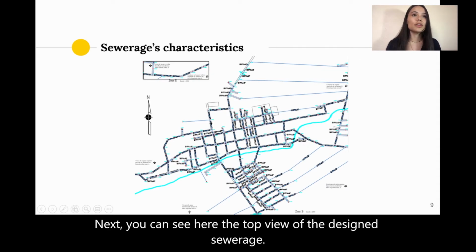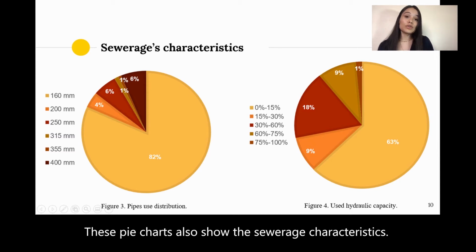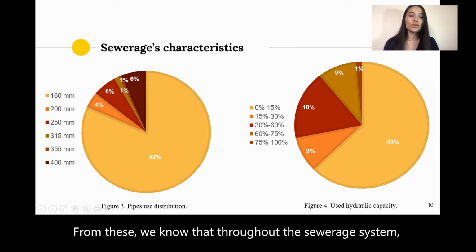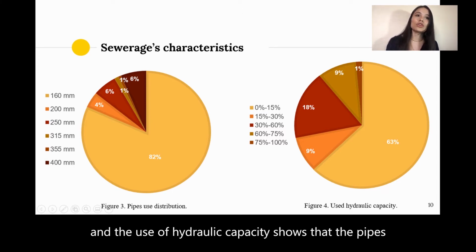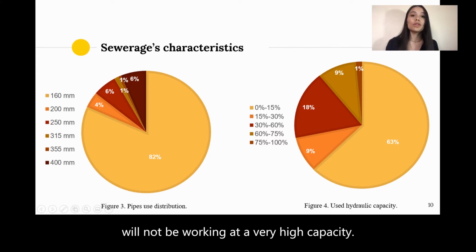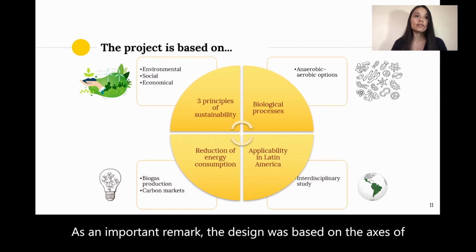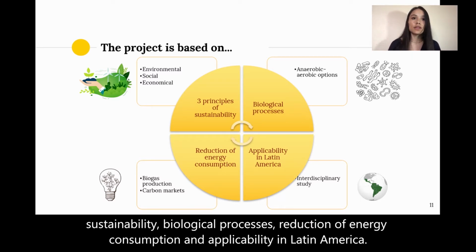Next, you can see here the top view of the design sewerage. These pie charts also show the sewerage characteristics. From this, we know that throughout the sewerage system, it is used the minimum diameter, minimum medium slope, and the use of hydraulic capacity shows that the pipes will not be working at a very high capacity. As an important remark, the design was based on the axis of sustainability, biological processes, reduction of energy consumption, and